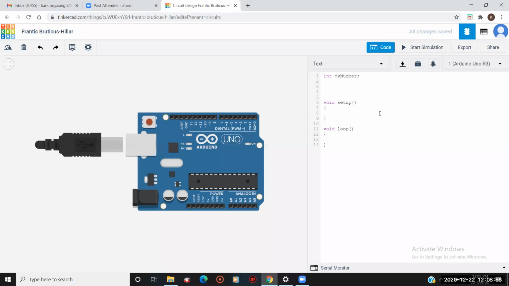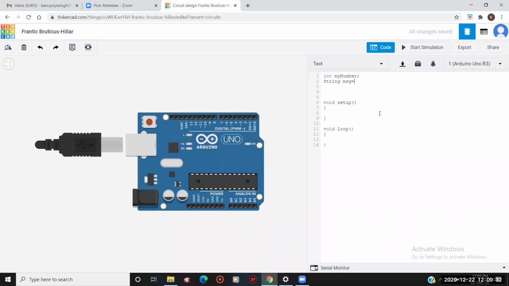Now I want the serial monitor to say something. At least it should say please enter something, or show me some output, so that I come to know I now have to enter a value. For that, I'll take another container, a string, and I'm going to name it message.